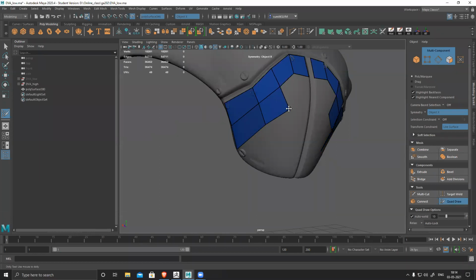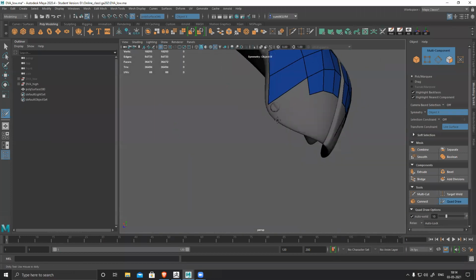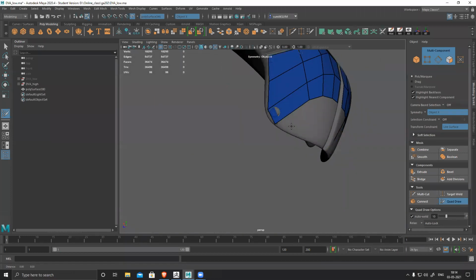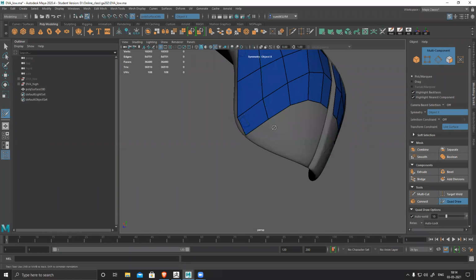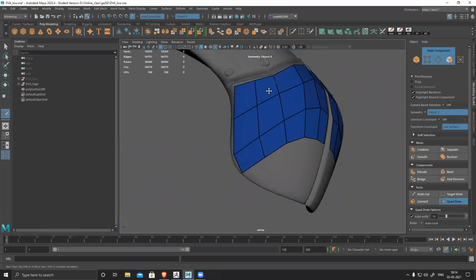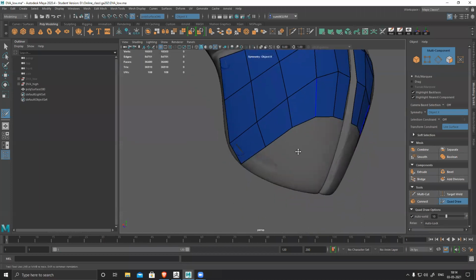Move it, align nicely. Like this, I can create a really super high quality low poly model, because the low poly model is very important. If your model is of very good quality and matches your high poly perfectly, it will bake well. Press Control and click and you can add a loop. Whenever you add a loop, it will automatically snap to the surface without any issue.